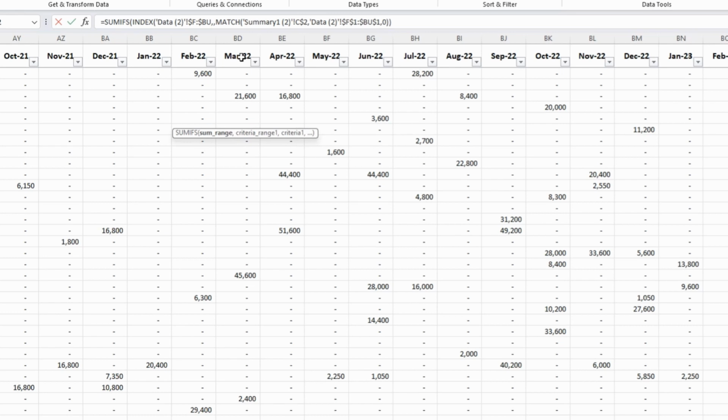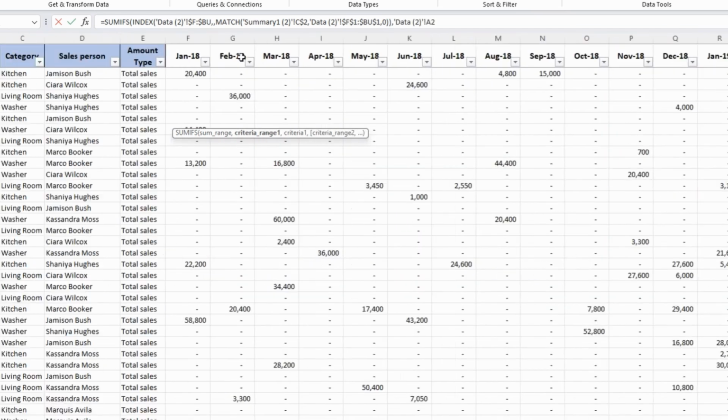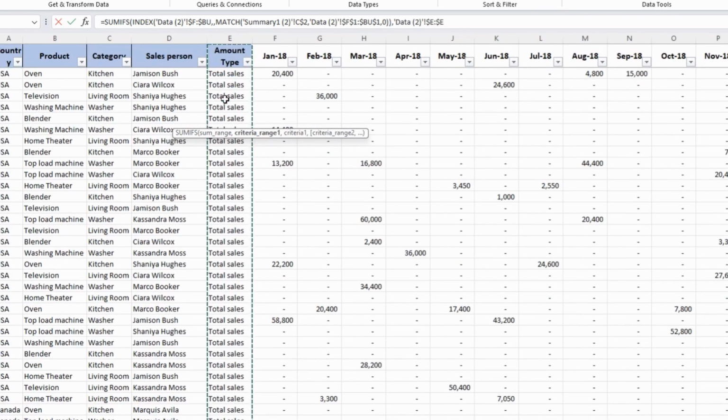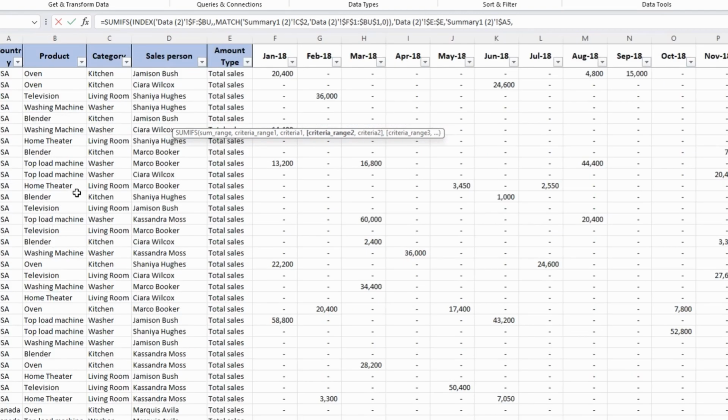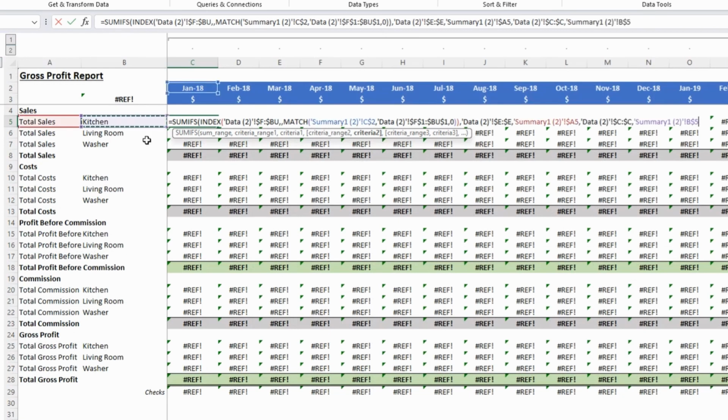Now this is our sum range, which is now divided into the index match formula. Then we'll go for criteria. Our first criteria will be this, total sales. I'll lock this. The criteria is total sales. I'll lock A. Then we have the criteria range, lock, comma, and the criteria with the lock of B and